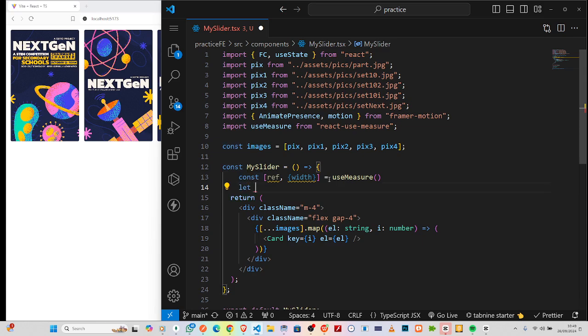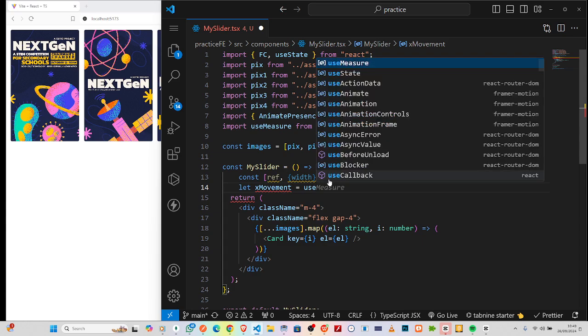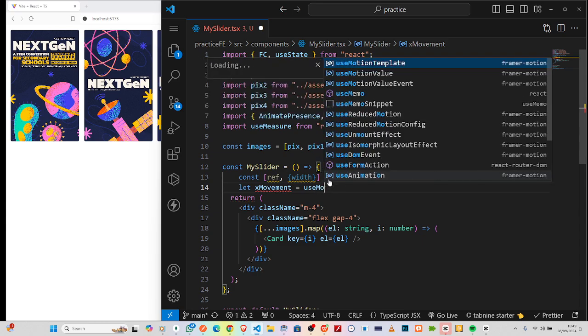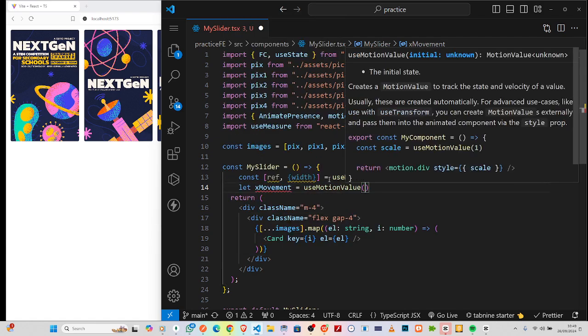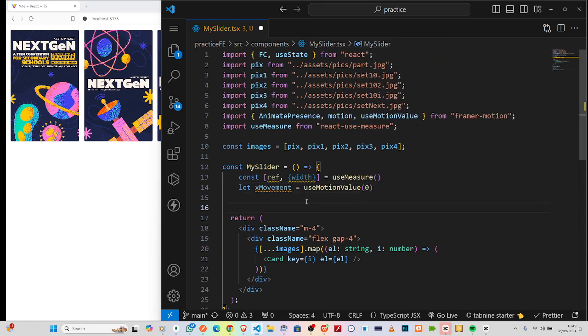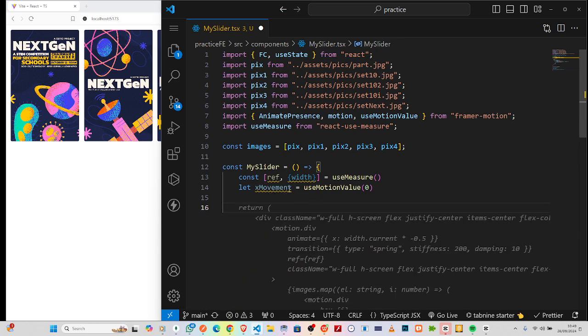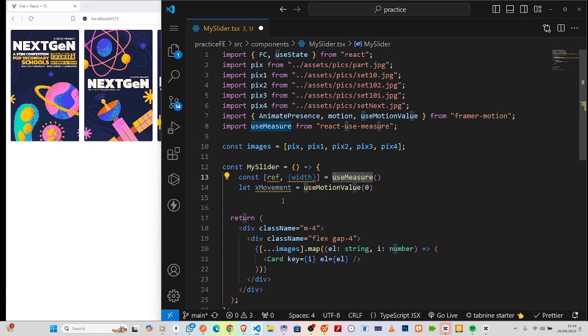So let's say x movement is equal to our useMotionValue. At start, make it 0. So these are the two things we'll need to define with this. Now for us to start the animation process,